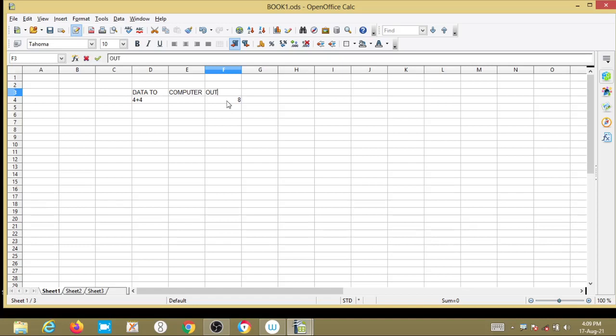This is the output, and this is the input. Input means whatever data or instruction the user gives to the computer.